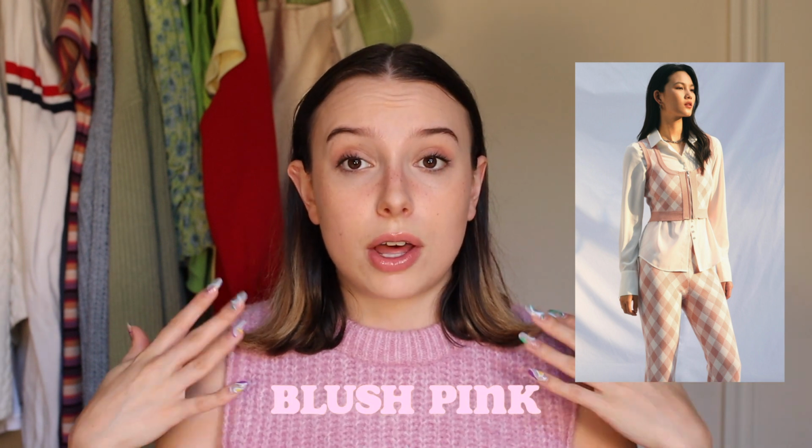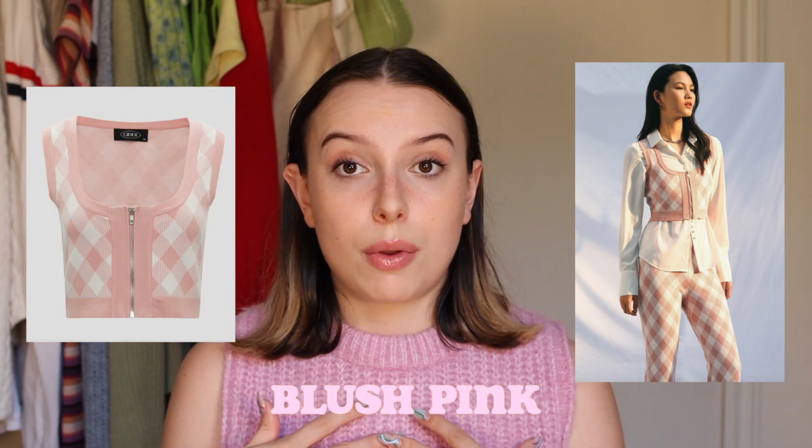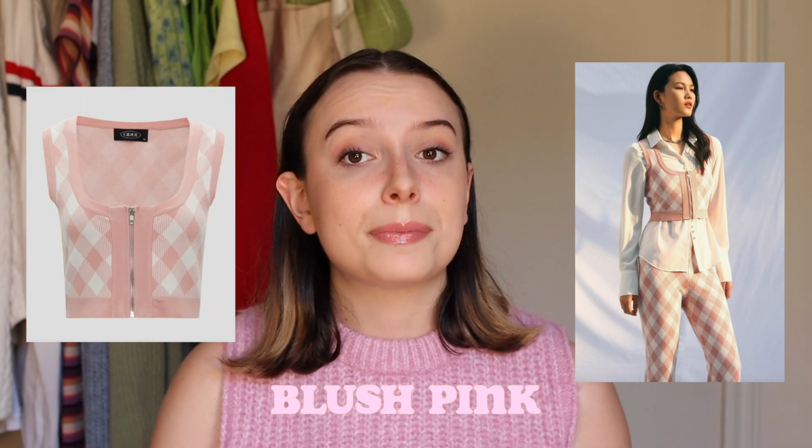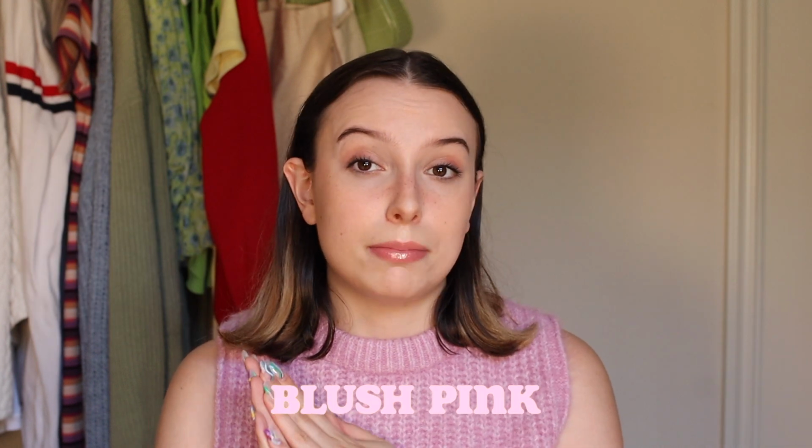You can style it like the model with the button up. If it's still warmer where you live, you can do it just with the sweater vest on itself. Really great way. And then the other great example of some blush pink